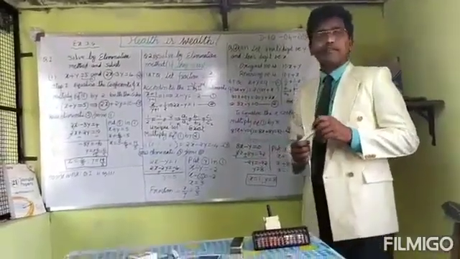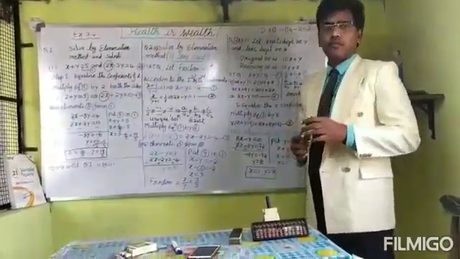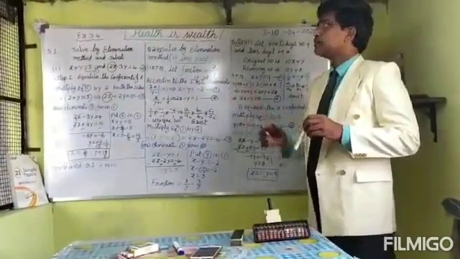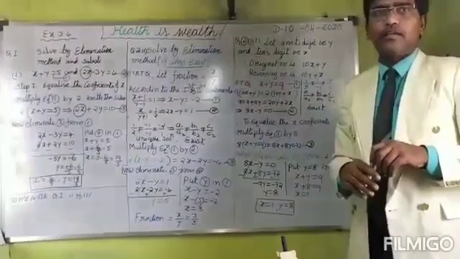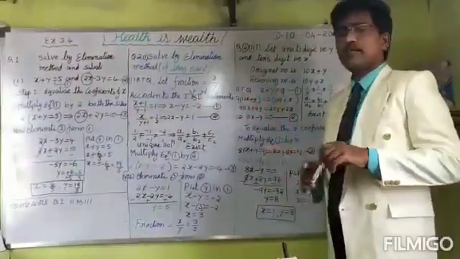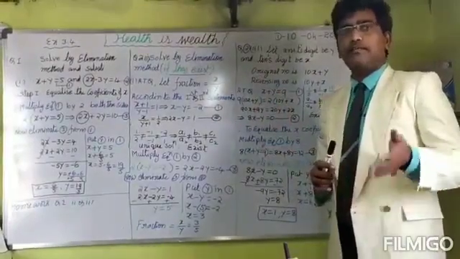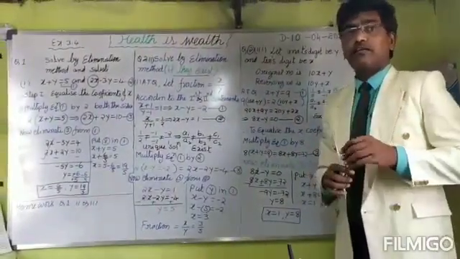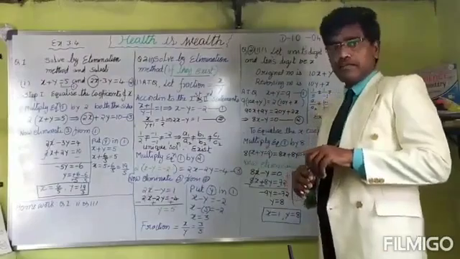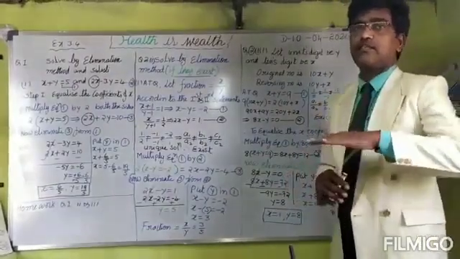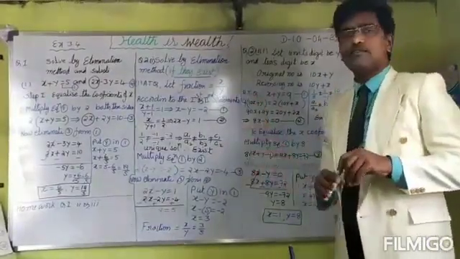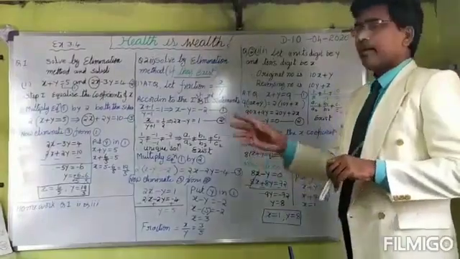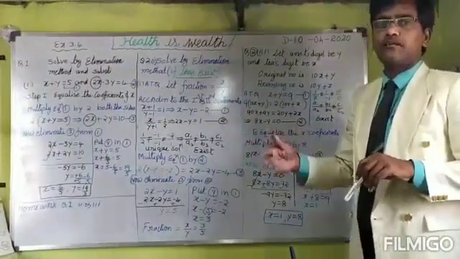Exercise 3.3 we have completed, and I have given some homework to you, and here we are going to start exercise 3.4. We are introducing a new method in this, and actually it is not a new method. It came in the 6th, 7th, 8th standard only, when we used algebra equations in 2 methods, horizontal and vertical. That only, here we call the elimination method. Okay, I will explain clearly how to do it by the elimination method.